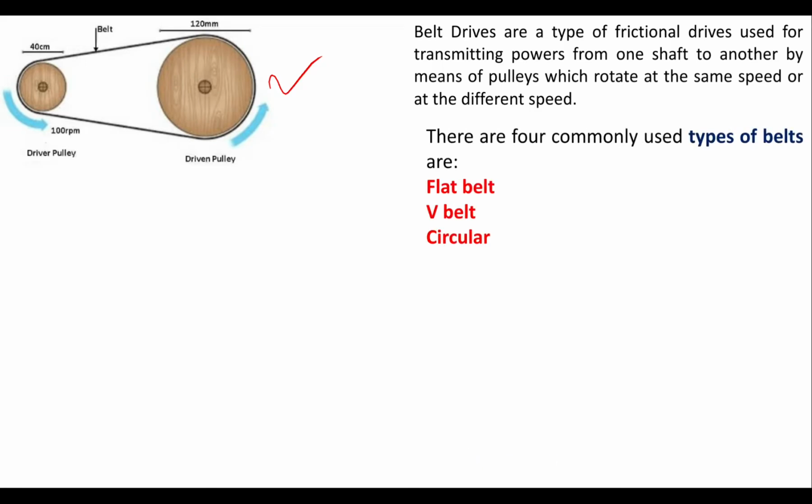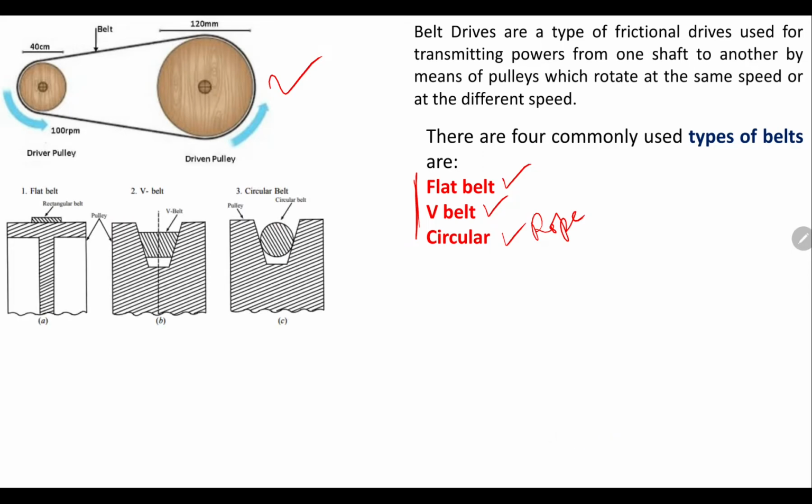After that, let us see what the basic types of belt are. There are three basic types of belt. One is called flat belt, the second is called V belt, and the third is called circular belt. This is also called a rope belt. So circular belt is also called a rope belt. Basically these are the three types of belts. By this figure, by this particular sketch, we can differentiate between the flat belt, V belt, and circular or rope